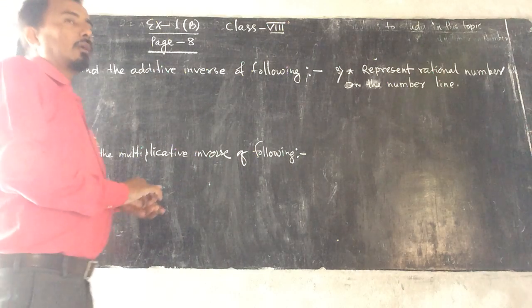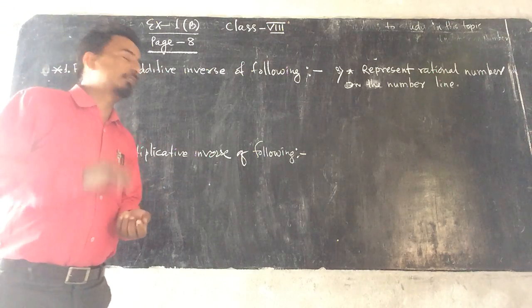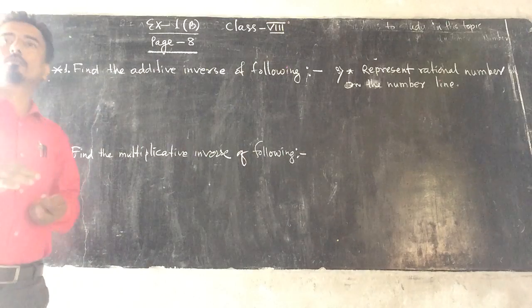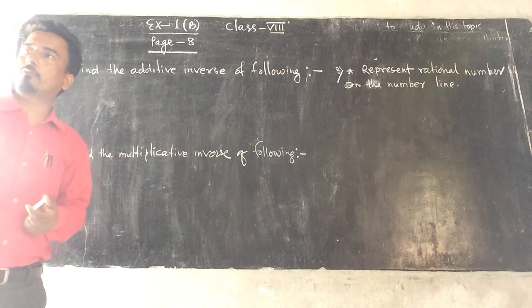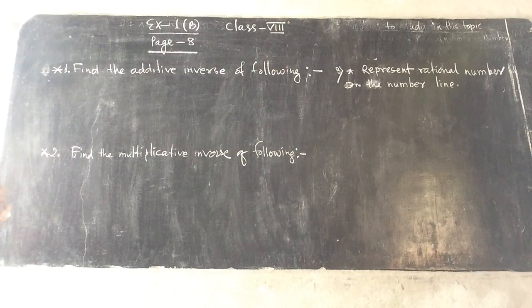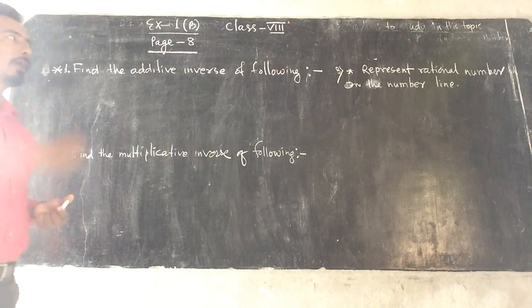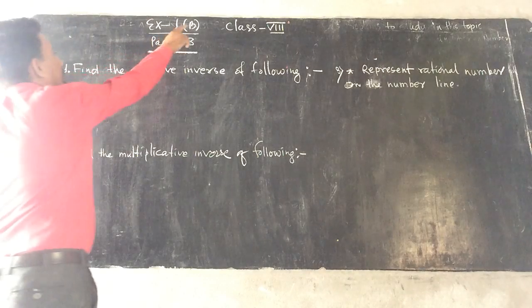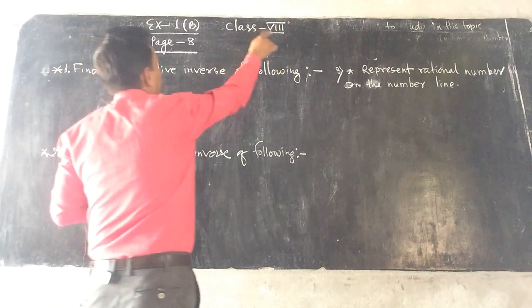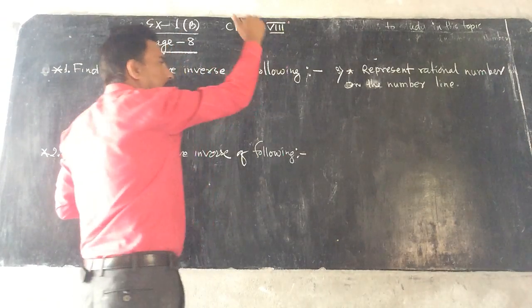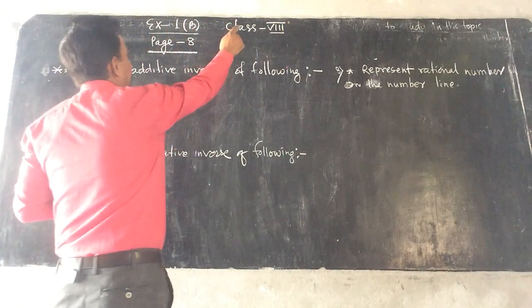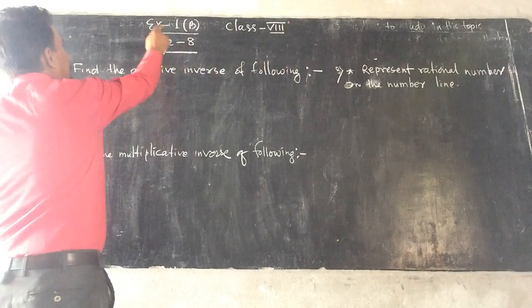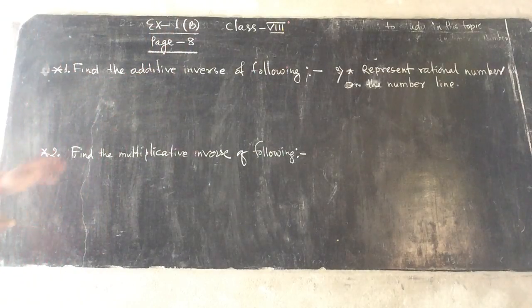Okay, in the last two videos I discussed the number system, real numbers, and also the rational and irrational numbers very briefly. Now, based on those numbers, we have Exercise 1B on page number 8 of the class 8 book. Presently the class 8 students are using the class 9 book. In that book, page number 8, Exercise 1B, I have some problems here.